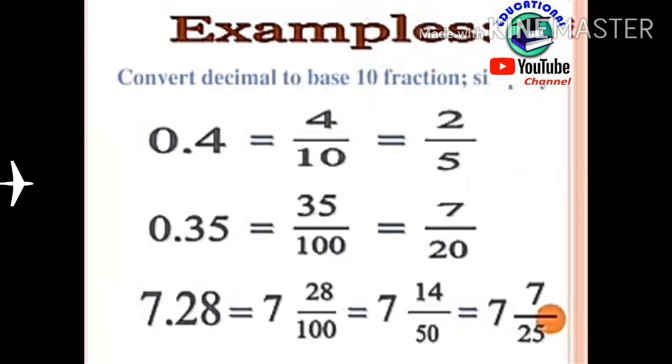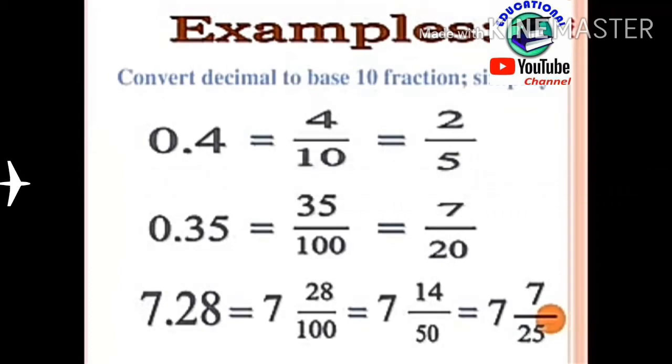Slide 11. We have 3 examples. First one is 0.4, a decimal number. First we write it in fractions, so it is 4/10. Now we simplify it by dividing by 2. So we get 2/5. Another example,